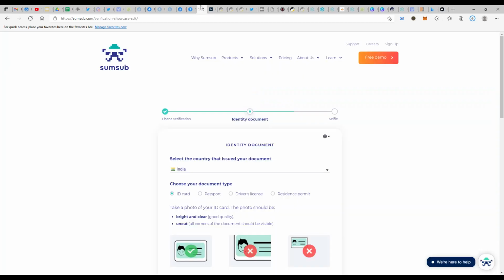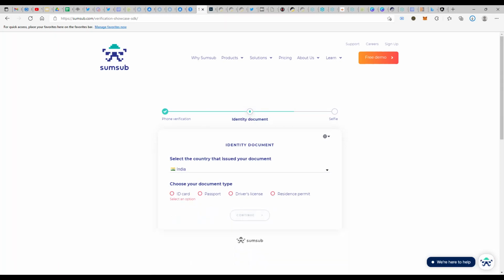After the connection of the wallet is done, you would have the phone verification to do. The telephone verification would be done through an OTP, so you would have to have your mobile phone with you. Punch in your cell phone number and you will get an OTP. Just put in the verification code and you're done. After which it's just an identity document that you will need to upload. The country is automatically chosen based on your IP address, so that's something you need not worry about, and that's a time saver, in fact.